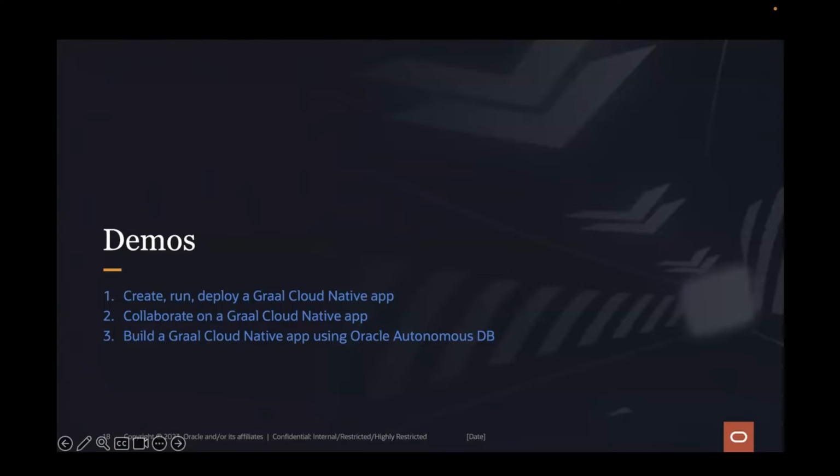And then the final demo is about building a GraphCloud native application that takes an existing database schema, and we generate data classes and repositories for it, and then we run it locally, and we should be able to query that database application.